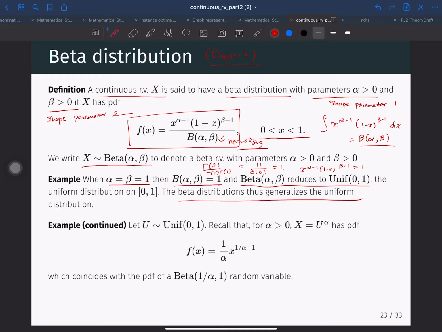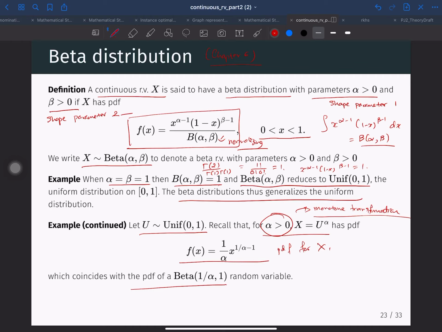To continue this example further, suppose we have U which is uniform, and we define X which is U to the power of alpha, for alpha bigger than 0. Then by the result on the monotone transformation, we have this as the PDF for X. So see your lecture note earlier. So this we say agrees with the PDF of a Beta(1/alpha, 1) random variable,